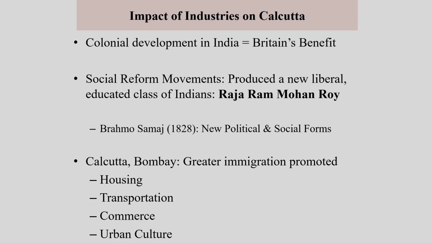Obviously, Calcutta and Bombay, by nature of their location and by virtue of their role in the conduct of international business, came to be known globally as centers of commerce. The triangular trade that happened between India, Britain, and China, whether it was opium or tea, happened primarily through Calcutta and Bombay. So, these two cities, as opposed to any other cities in the British Empire in this period, came